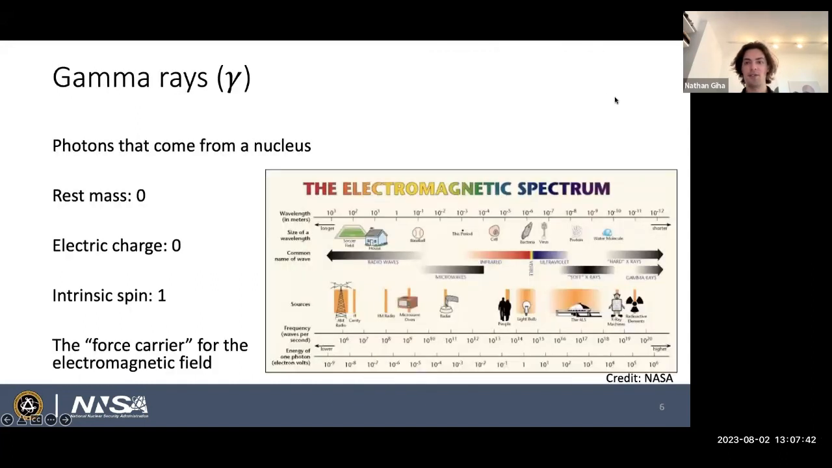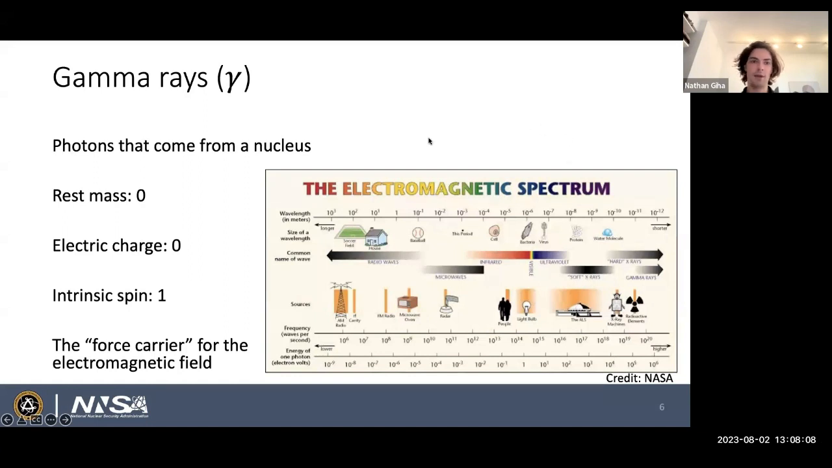Gamma rays are similarly electrically neutral, and we use a lot of different terms for photons. If they come over the air and we listen to a baseball broadcast with them, we call them radio waves. If we use them to heat up our food, we call them microwaves. If we take an image with them, maybe of our bones or our teeth, we call them X-rays, but really they're all